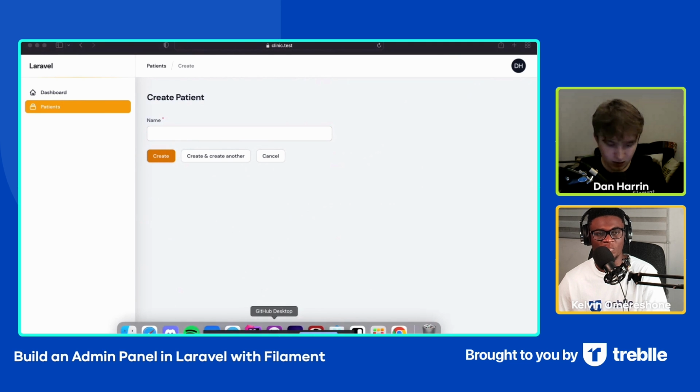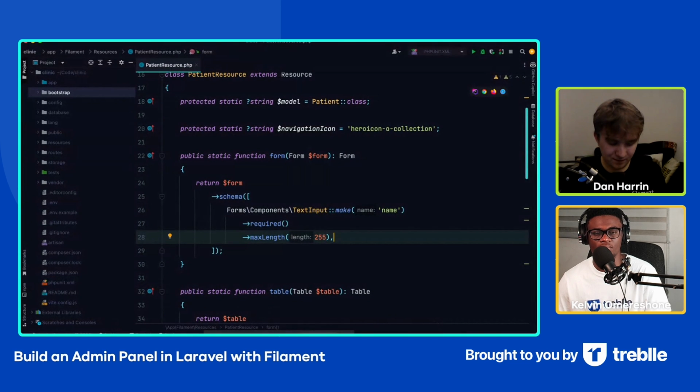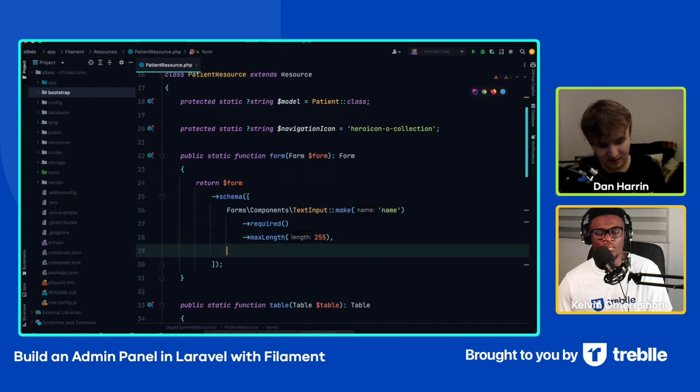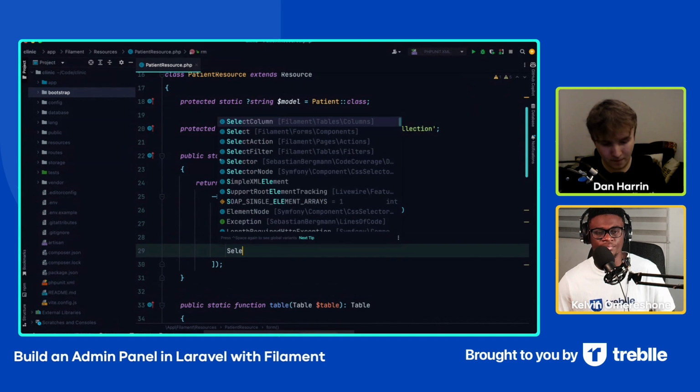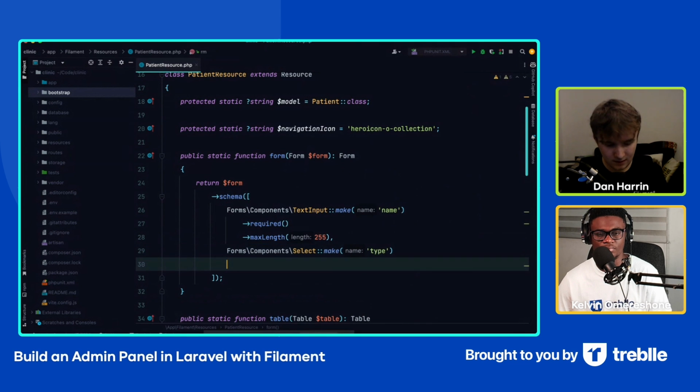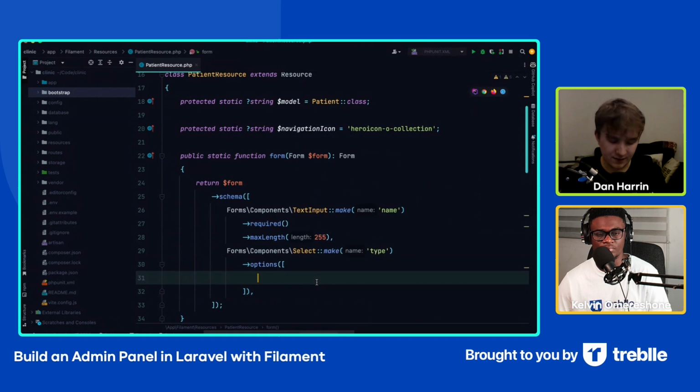We can add a second field. Fields can be different types. This is a text input, but we could then have a select to select the type of the patient. A select has options, just like in HTML. And this is a key-value array. The keys are what gets stored in the database, and the values are the labels that get output on the front end. So let's say cat,